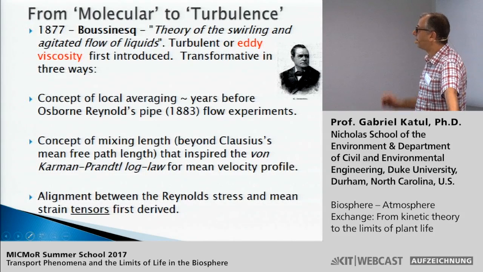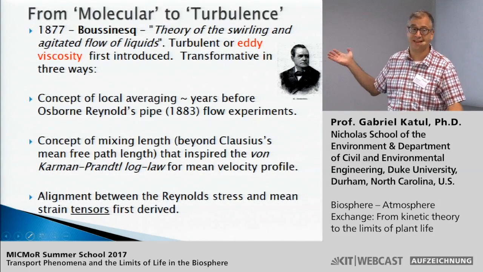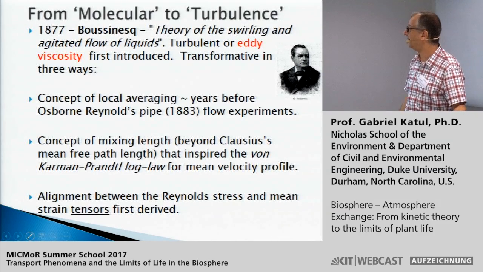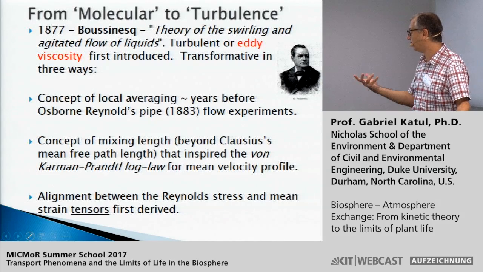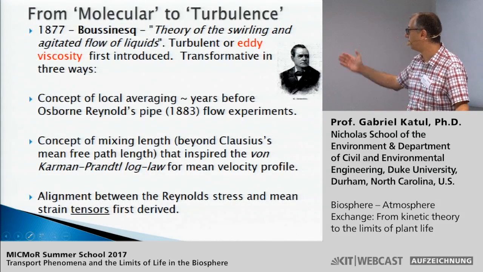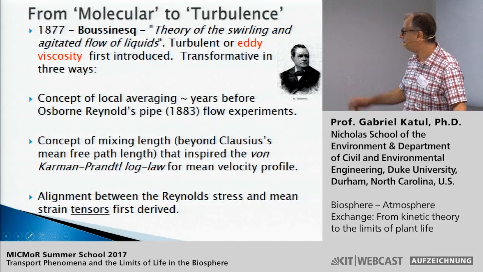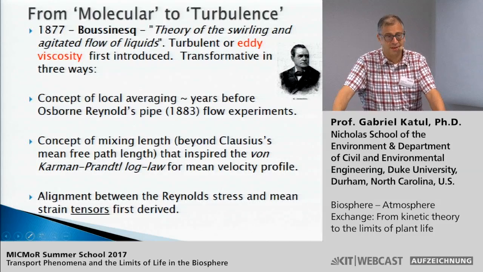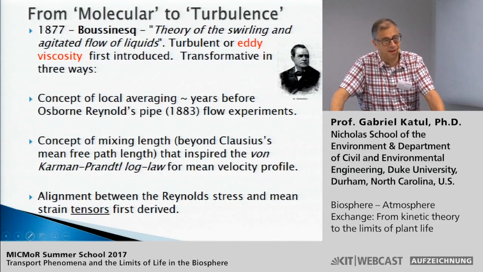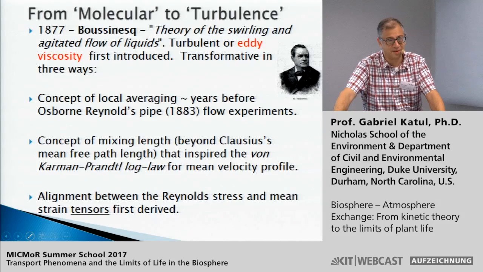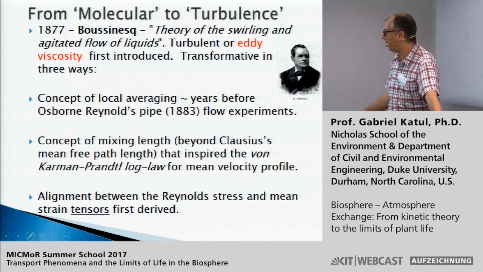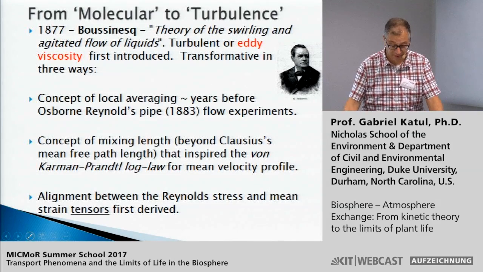And that idea actually inspired later von Karman and Prandtl to propose their log law. And in fact, what is interesting about Boussinesq's paper is that he attempted to formulate it in tensor notation. So in other words, it was the first attempt to actually look at these equations using a tensor point of view. And he showed that the Reynolds stress, what we now call Reynolds stress, and the mean strain rate tensors are actually aligned, and that was the first result. And in fact, if one reads Boussinesq's paper, there are plenty of mistakes and left and right assumptions that are contradictory, but these ideas have certainly been put forth in a major way, and they were maybe, if you like, cleaned up a little bit by Osborne Reynolds years later.